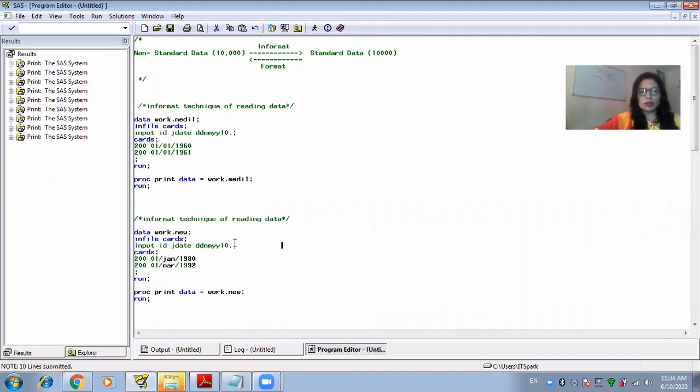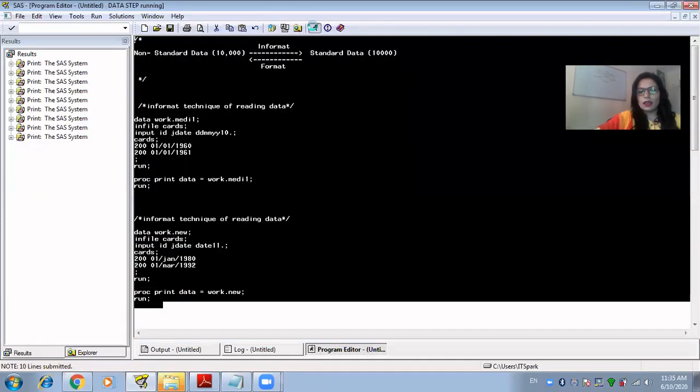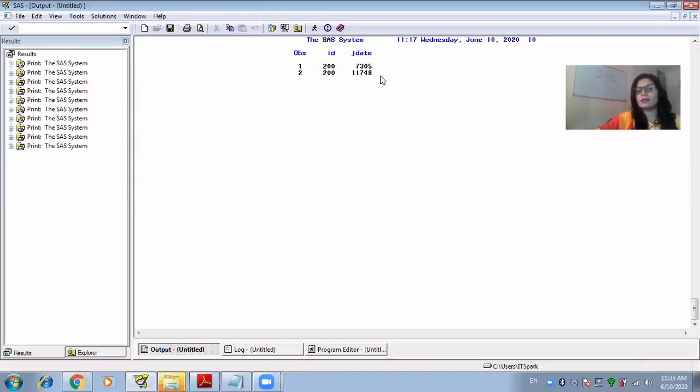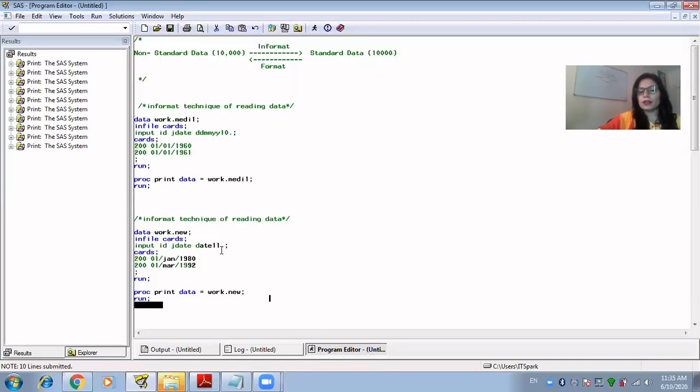So let me show you how to read a date with abbreviation. So we will be using an informat like this, date and the length. So you keep counting the length of this part, which is 1, 2, 3, 4, 5, 6, 7, 8, 9, 10, 11. So that would be 11 and dot. So you simply select and run this. And here it is. So this is any date which is being read by the date9 or date11 informat. So in case we have 19, we do not have 1980, we have only 80 here. So we need to decrease the length of this informat.